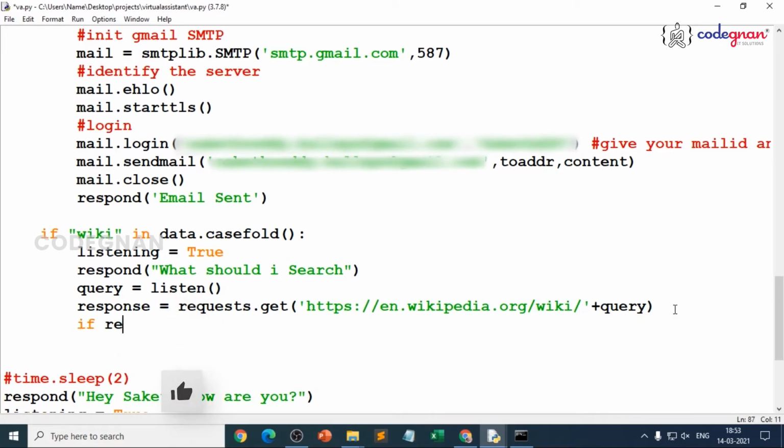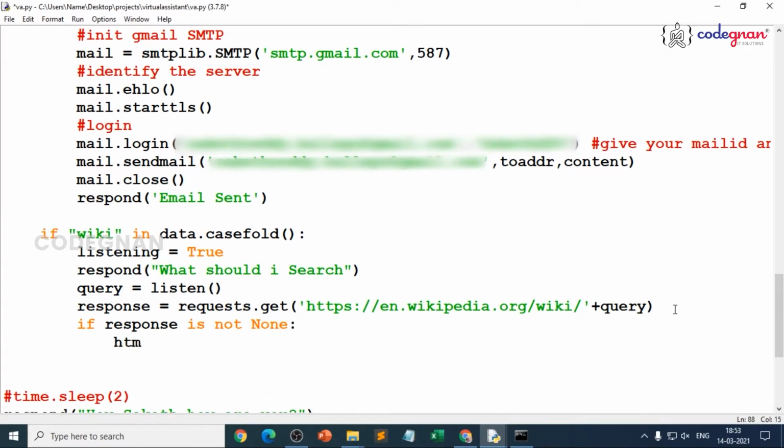That's where I'll give, if response is not existing, that means I do not need everything to be read, right? I'll limit the characters also. If response is not none, what it should do? It should scrape the content from that. That is the reason you'll use beautiful soup. BS4 dot, take the function. What is the function? That is beautiful soup. BS4 dot beautiful soup of, what is the response? You need to take the response in the text format and parse the web page.